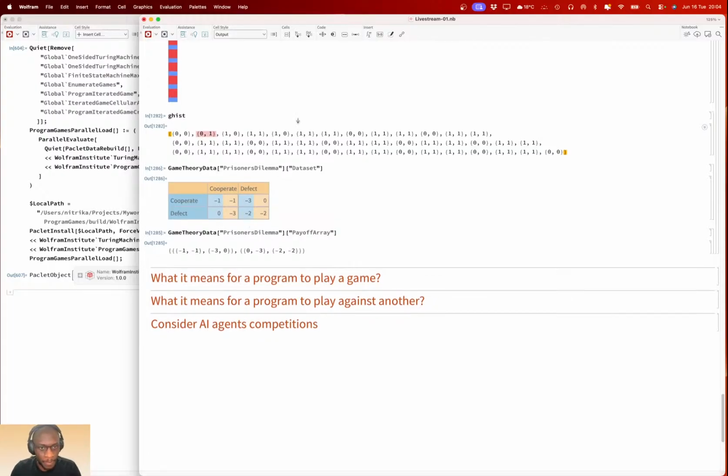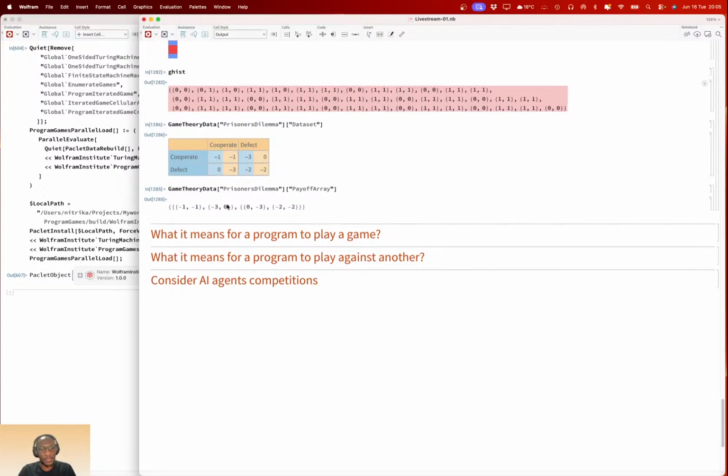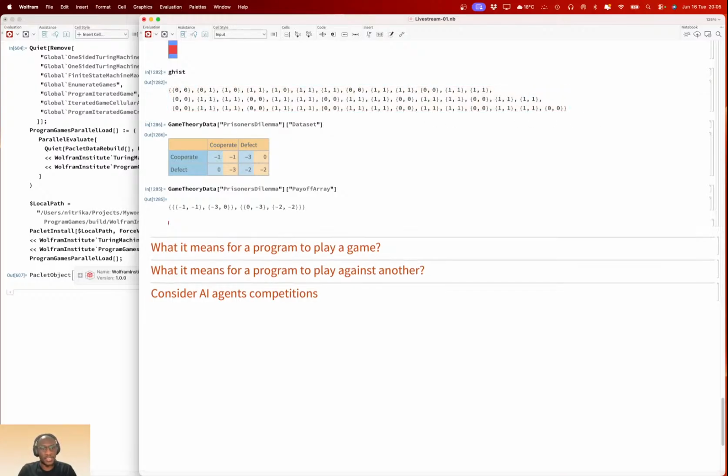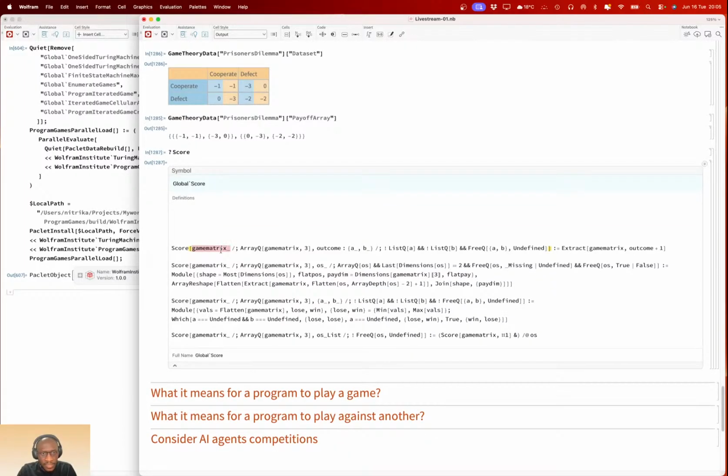Now, to score this, you just need to pass that through this game, right? And then using these, you can get the score of these two players. And to do that, we already have a function, so I'll just say this takes the game.